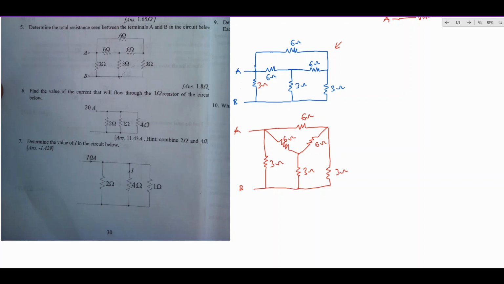You are going to change the delta connection you have at the top to a star connection. So let's look at that. We are going to have something like this. Let's name this A, let's name this B, let's name this C. So finding A, we are going to have